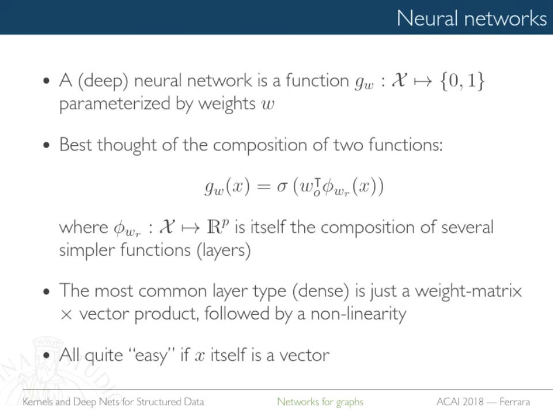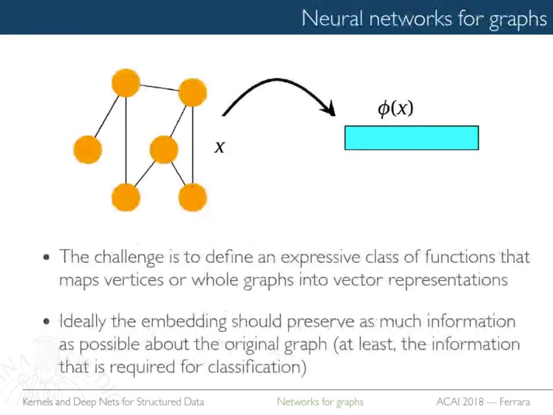So the idea now is to compute this phi of X in a smart way. It's the same story as before, but the problem, in a sense, is that when you do this mapping, you should preserve the crucial information about the task, whatever it is, classification, regression, different things. Because most likely you would compress information and not necessarily maintain everything.